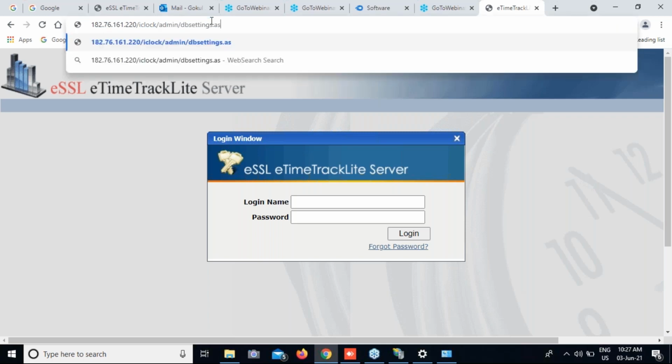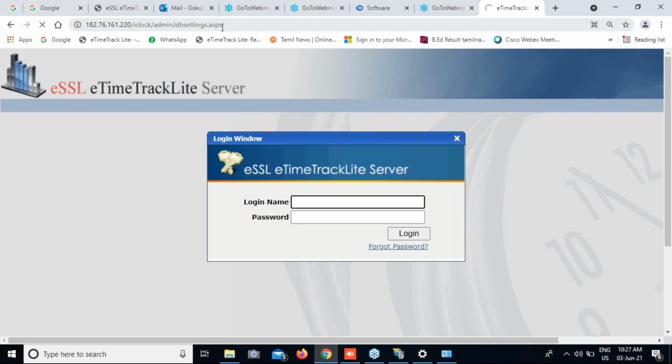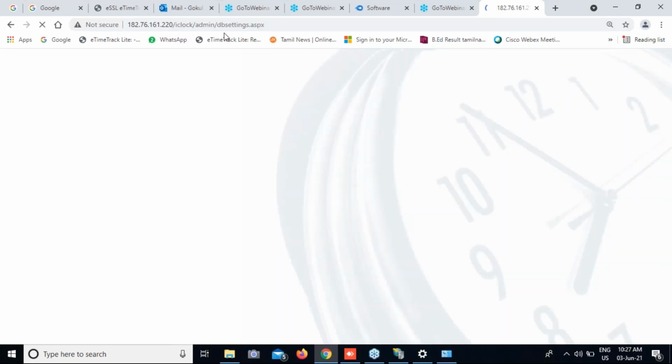Here we have to put the database server name, application port number, database name, username, and password. After giving this, if all the login and credentials are correct, it will give you test connection successful.